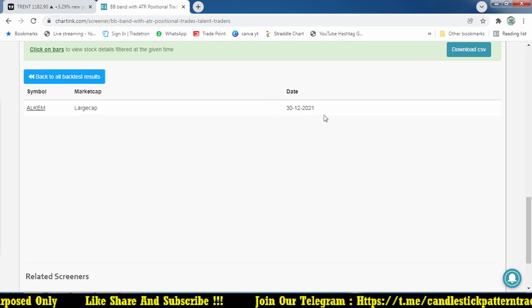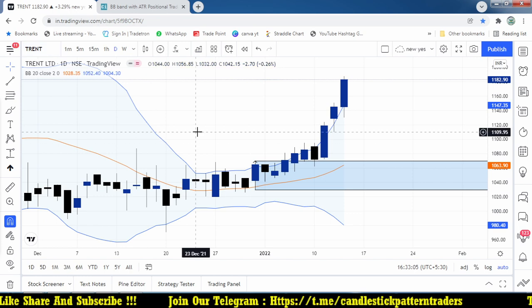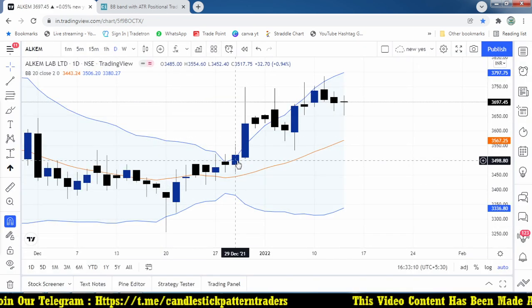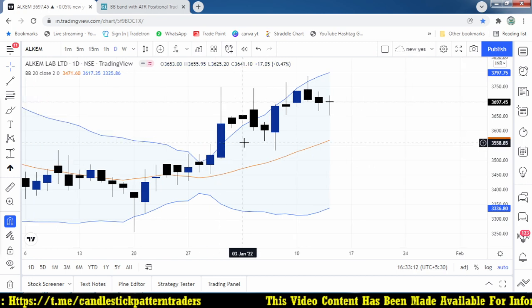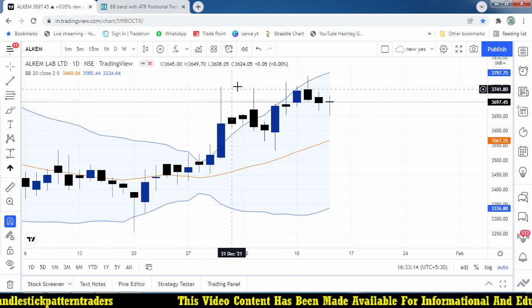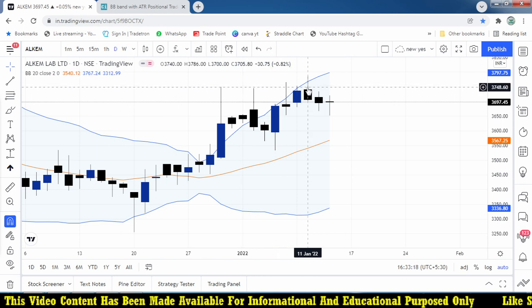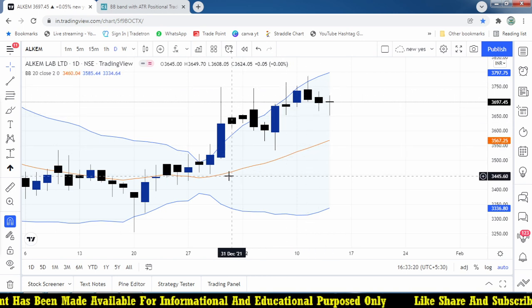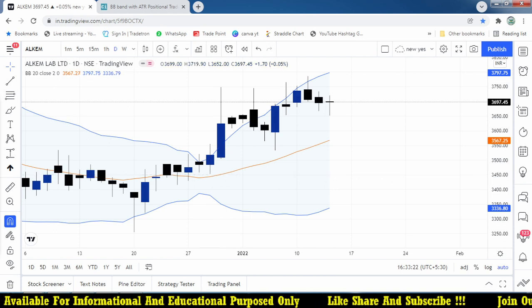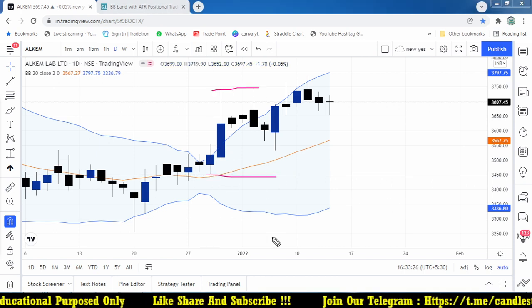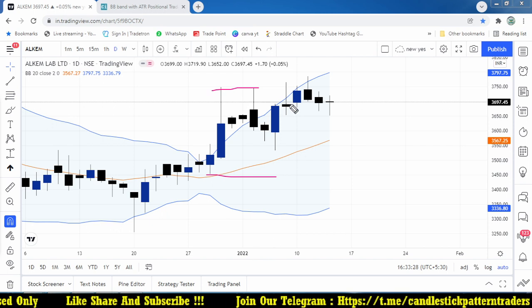That is Alkem on 30th of December. It's another one, Alkem Laboratories. This is the 30th, 29th. This is the 30th of December. So having big risk. First of all, big risk. But entry is not triggered. But entry is right now triggered and it is trading here. But the stop loss you must keep below this candle. So big risk. If you are taking that, very big risk. But still it is trading on the same level.